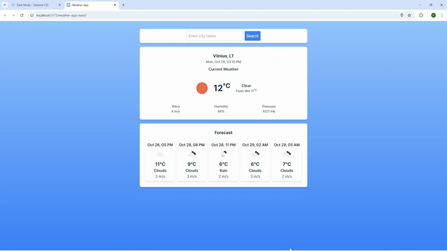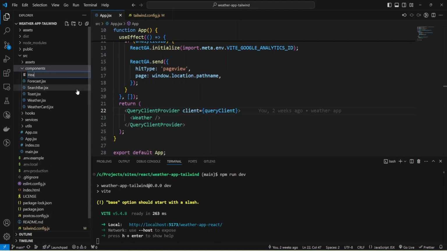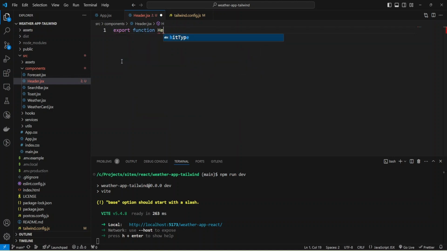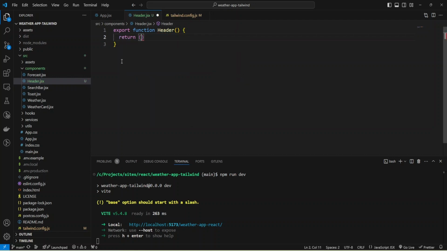Now I'm going to create a header component and place it inside my app.jsx, but first of all I need a header.jsx file for my component, and it will be a functional component. And now I'm going to return some JSX.